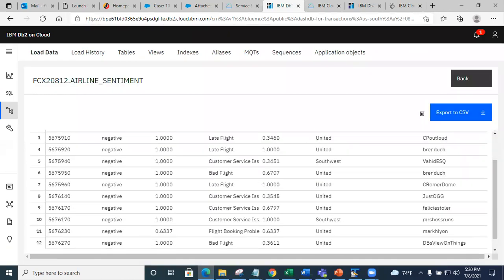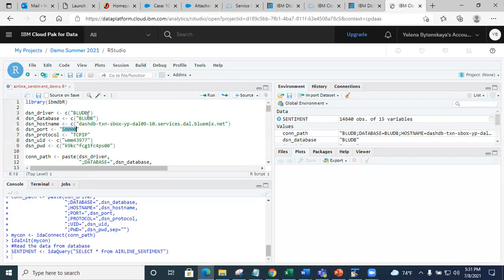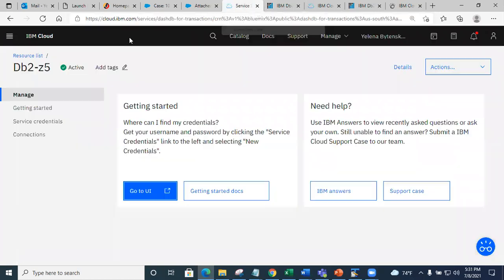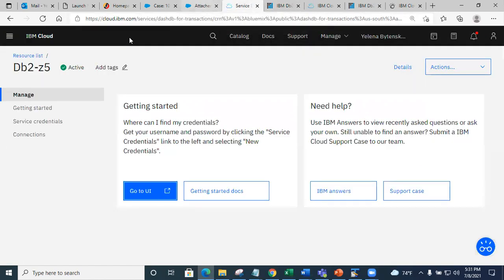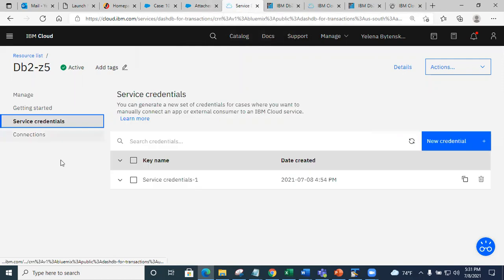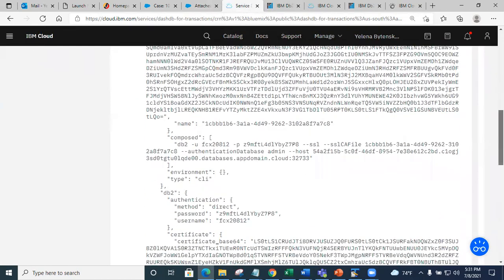So what I know now is that more or less in the new interface, I can load my data, right? Airline sentiment. So let's go ahead, let's try to see what we can do about the R. Okay, well, let's look at this Credential Sync page here. Because to test it, we had to have some data, right? How else are you gonna test if the connection works, right? So, where is the service credentials? Okay, now I'm gonna try that. Let's see, where is the host thing? Host.